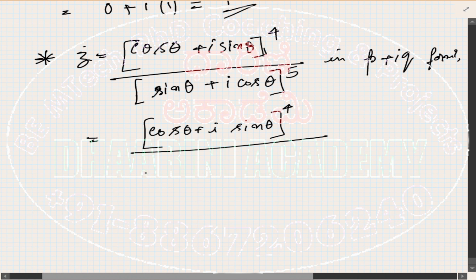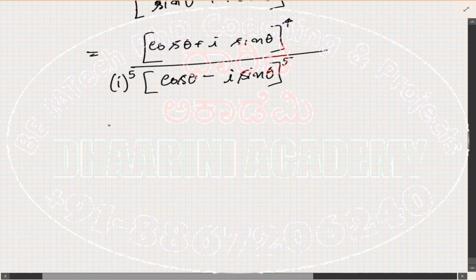So this is equal to I to the 5 into cos theta minus I sin theta to the power 5. But still they are not the same, I cannot club them. So once again I'll write cos theta plus I sin theta to the power 4 whole divided by